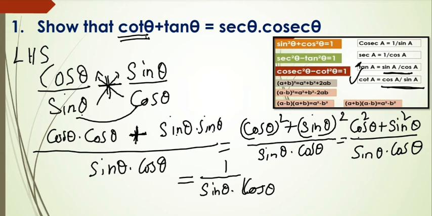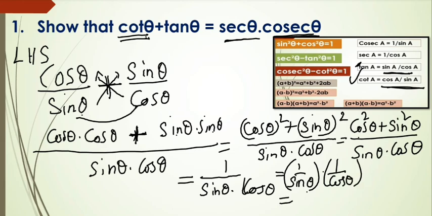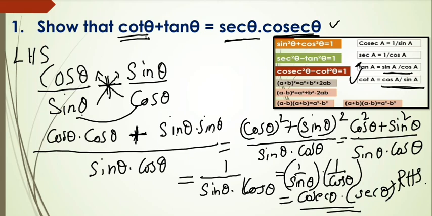Now observe that on the right side we have secant theta, cosecant theta. That means 1 by sin theta into cos theta can be written as 1 by sin theta into 1 by cos theta. Now 1 by sin theta is nothing but cosecant theta, already we know the formula. And 1 by cos theta is nothing but secant theta. So we got the right side value. Like this we have to do the problem. First, choosing the method is important in trigonometric problems. Exercise 11.4 is very important. In this exercise you have to understand the concept of how we can start this problem.